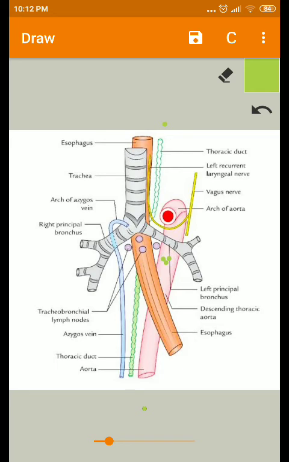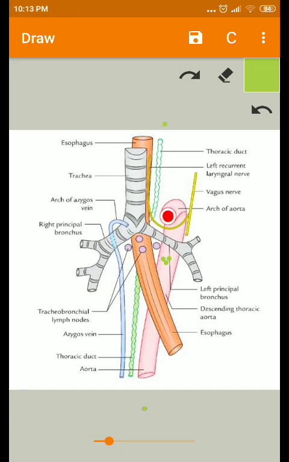That means it is present in between the pretracheal and prevertebral layers of the cervical fascia. And between these two regions of the neck, it includes the retropharyngeal space. So it is a space present inside the neck. We will see it in detail in head and neck